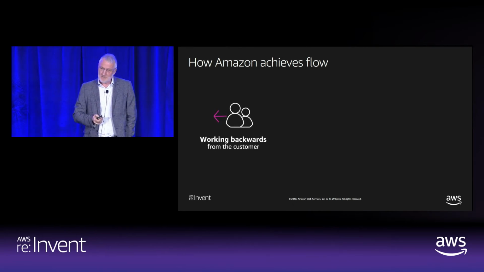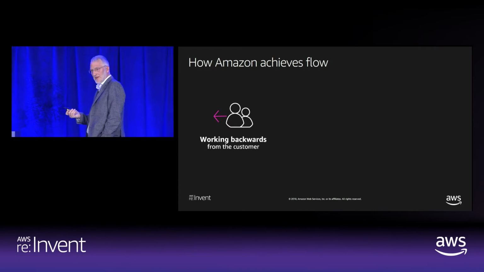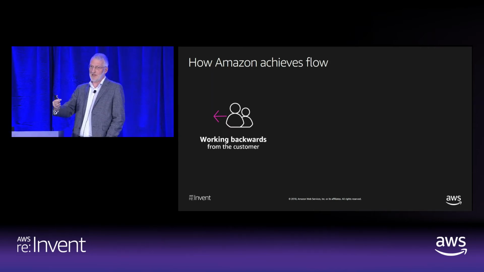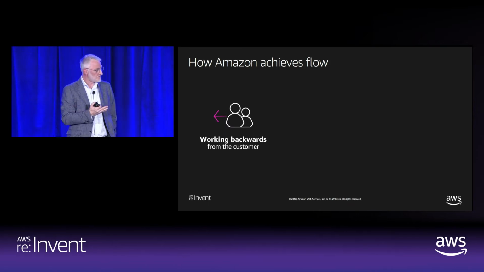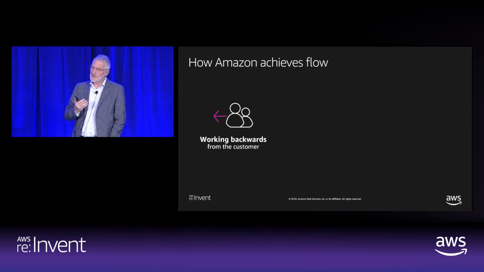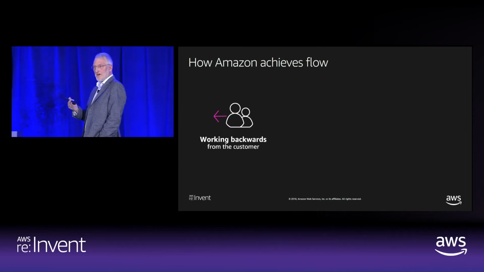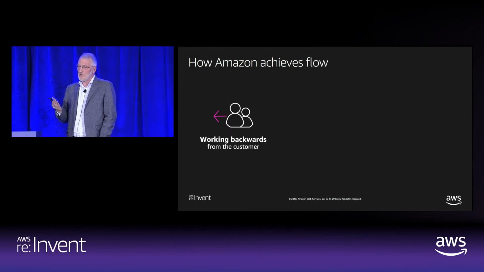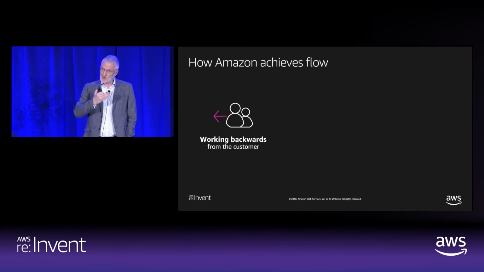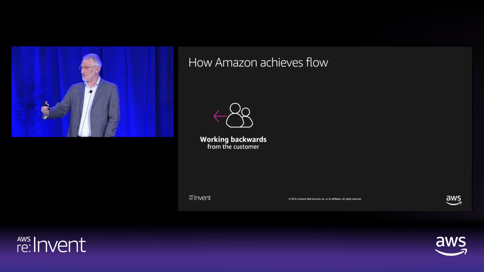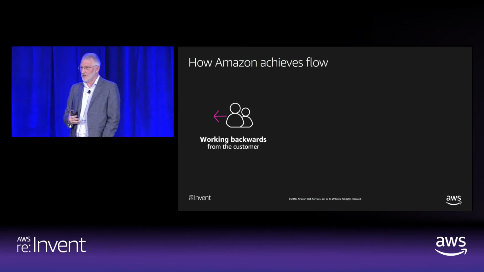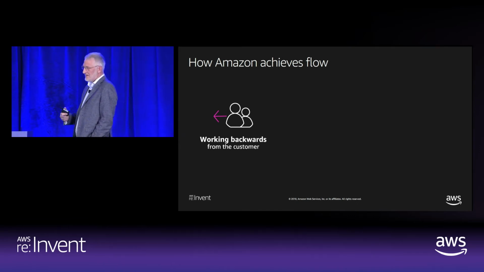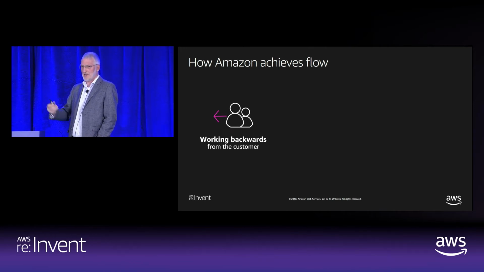One mechanism we have is this working backwards methodology. And again, this goes hand in hand with product design and design thinking. What we do is we'll write a paper from the customer's point of view, a narrative, a 6-pager. And the narrative, by the way, describes what we're trying to accomplish for the customer. AWS started as a 6-page narrative that Andy Jassy wrote. Our 125 plus services all started as a narrative that somebody had an idea and wrote down.